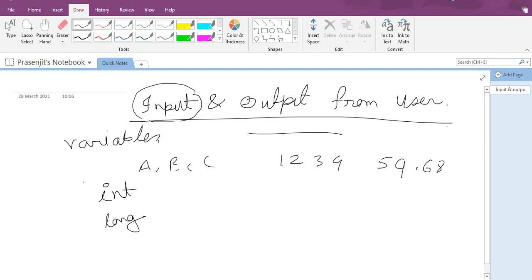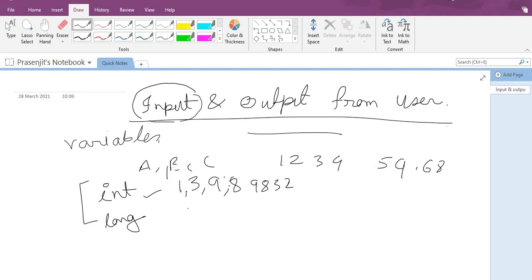These two variables are used for taking round numbers like 1, 1, 3, 9, 8. These round numbers we consider for int, small round numbers, for example 9832. But in long, the capacity and range is more than int. Both take round numbers, but the capacity of long is more than integer.